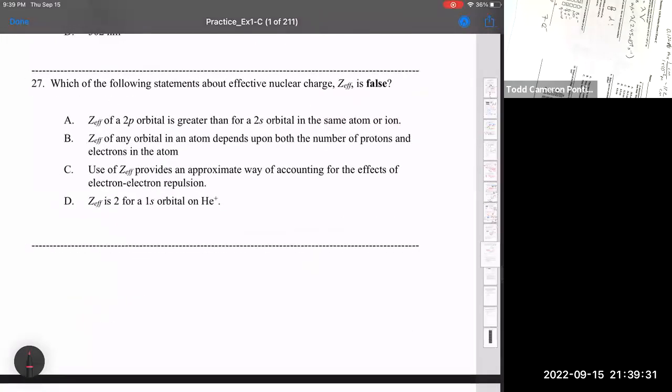27, which of the following statements about effective nuclear charge Zeff is false? All right, let's go through these. The effective nuclear charge of a 2p orbital is greater than that for a 2s orbital in the same atom or ion. So for any given shell, let's just say n equals 4, for 4s versus 4p versus 4d versus 4f,